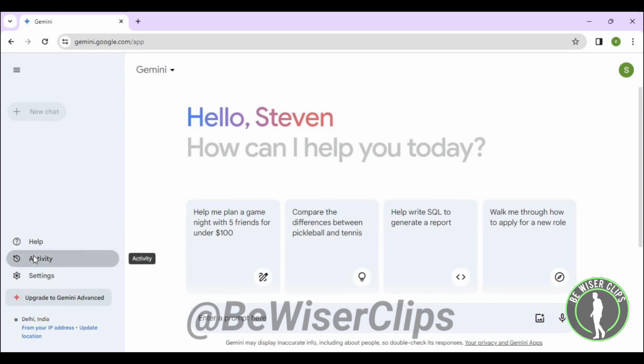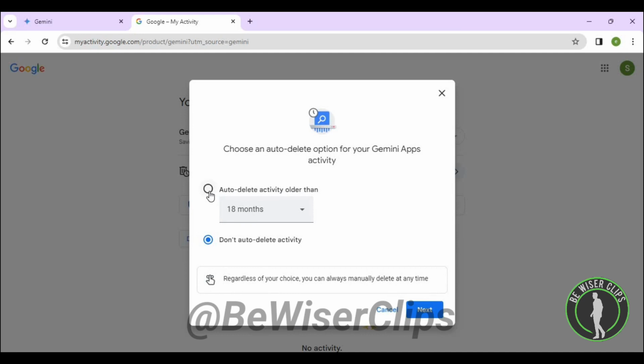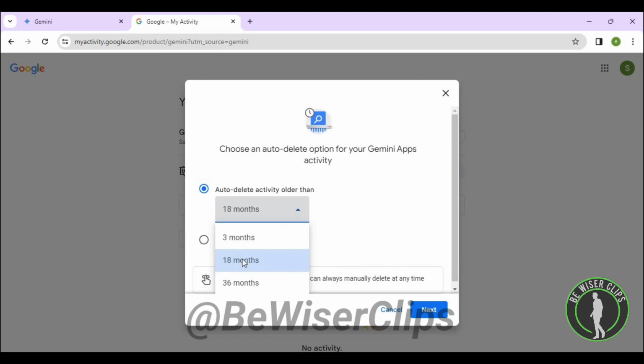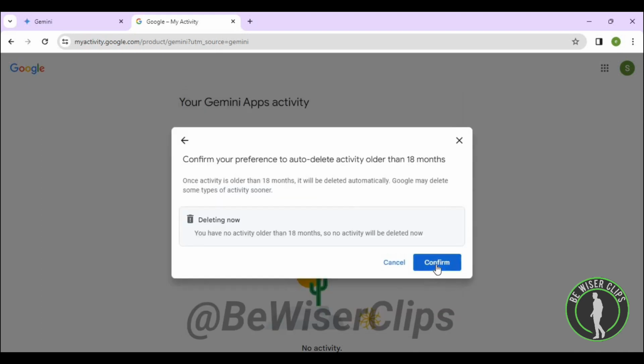Now select on activity. Now select on this icon. Now select on the first button right here and select the range that you need to select, which is 3 months, 18 months and 36 months. So let's go with 18 months. Now select on next, select on confirm,